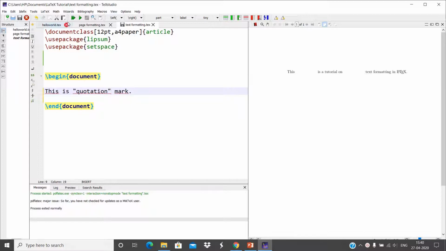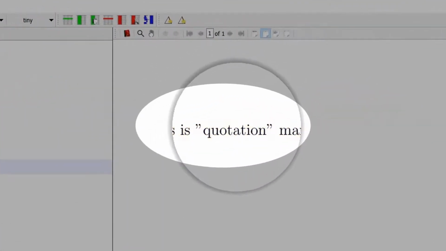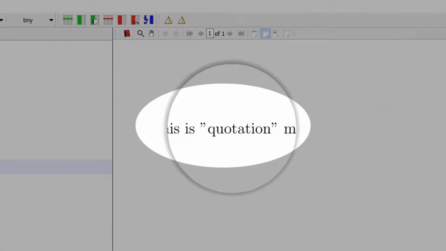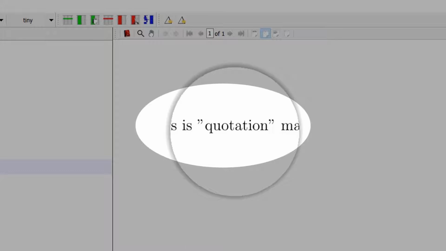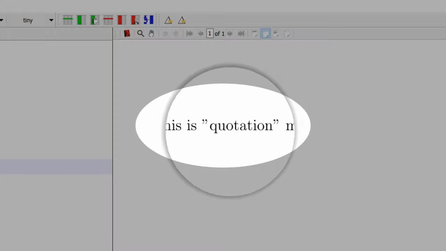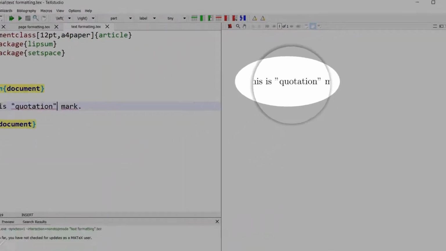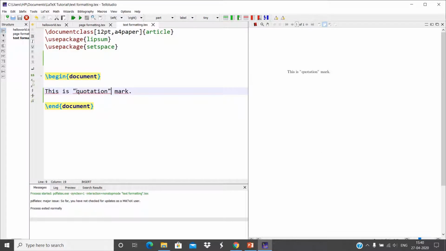Let us see what output we will get. As you can see, of course it printed the quotation mark, but it is not being printed properly. Both quotation marks are being specified as right hand side quotation marks, but the first quotation mark should have been the other way around. So what is the solution?